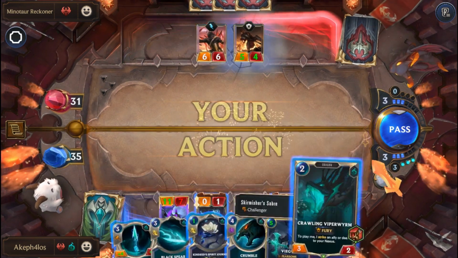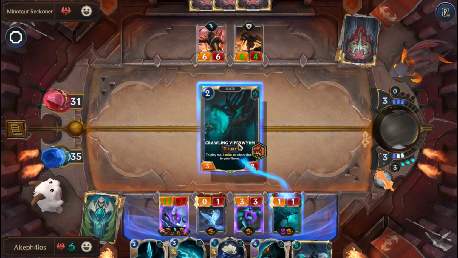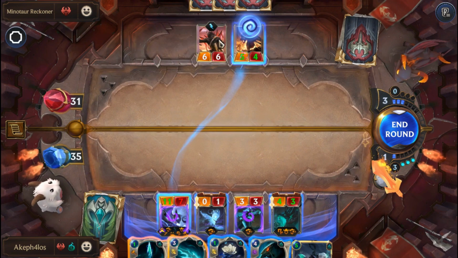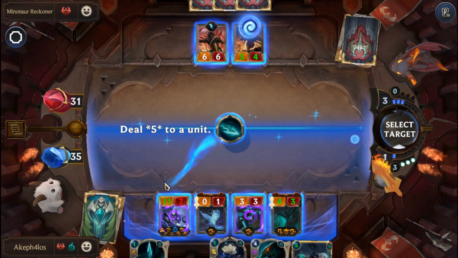Alright, cool. So now we can trigger the mark. We play Viper Venom. Get rid of this Ephemeral here. Oh, actually should have got rid of the 0-1 because the 1-1 would have still been able to deal some damage. It's perfectly fine. We have enough to potentially kill these two, so...